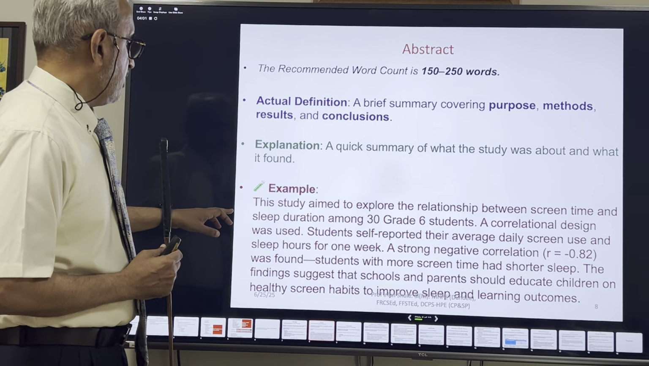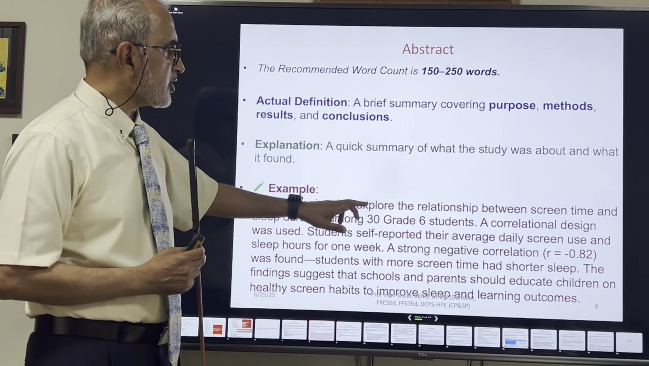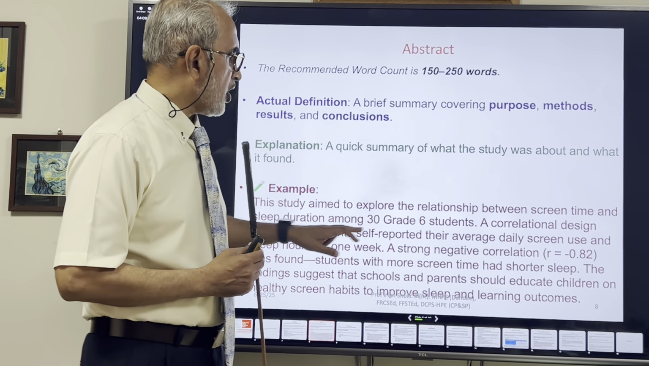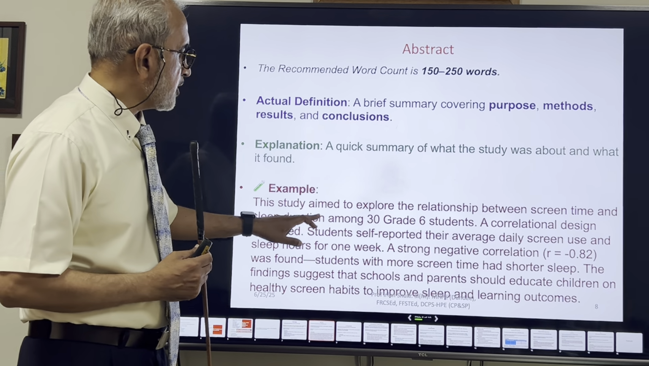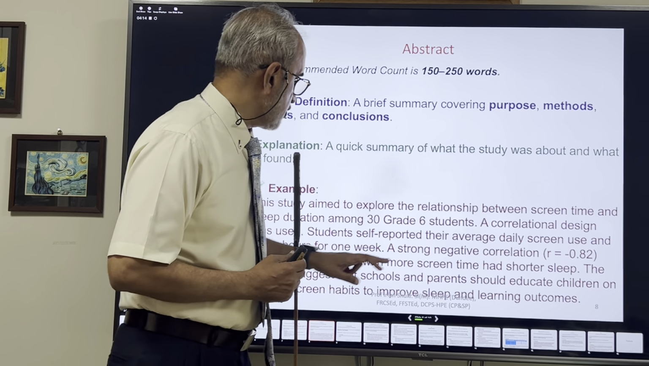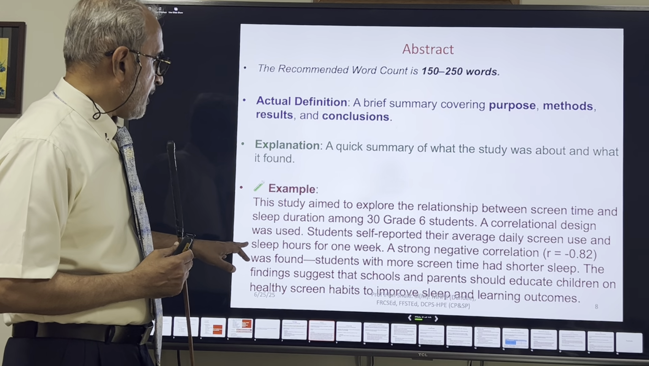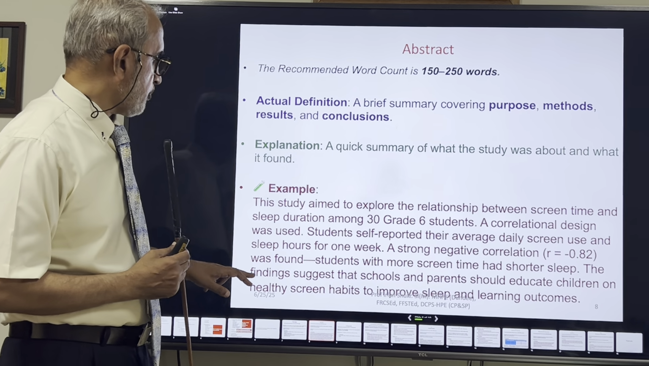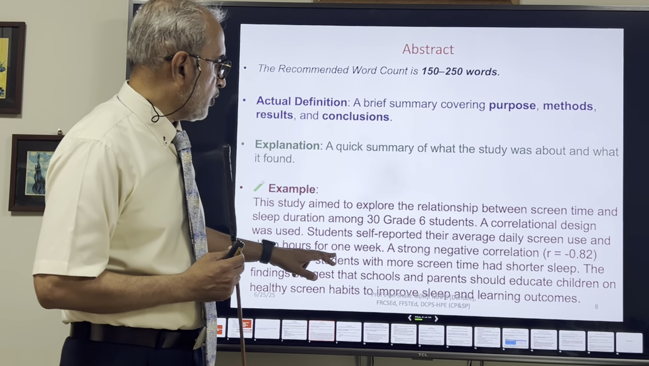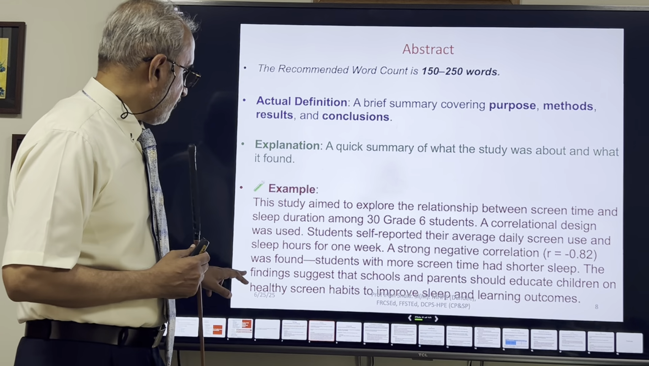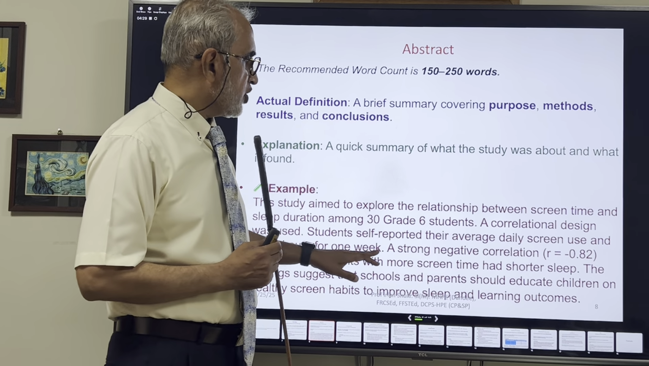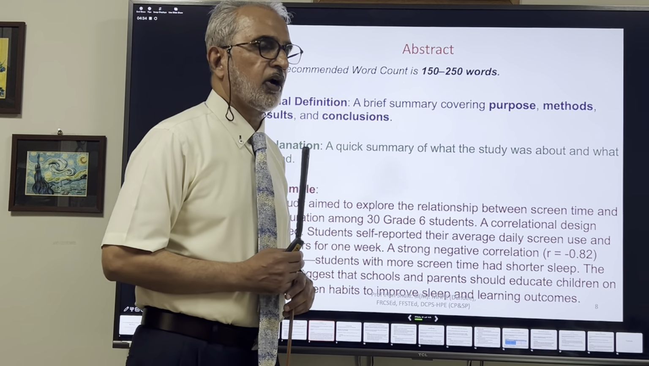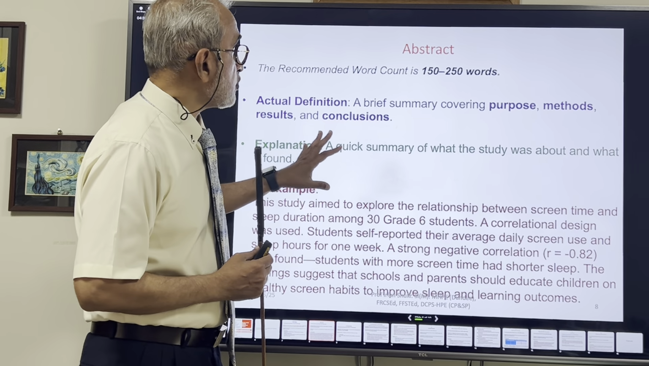For example, this study aimed to explore the relationship between screen time and sleep duration among 30 grade 6 students. A correlation design was used. Students self-reported their average daily screen use and sleep hours for 1 week. A strong negative correlation, r equal to minus 0.82, was found. Students with more screen time have shorter sleep. The findings suggest that schools and parents should educate children on healthy screen habits to improve sleep and learning outcomes. The importance of abstract is